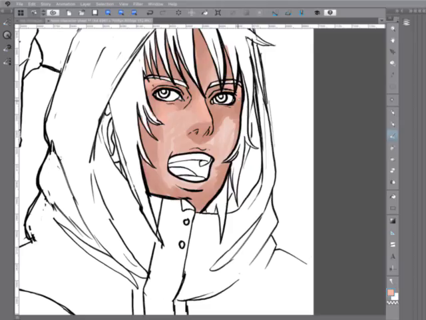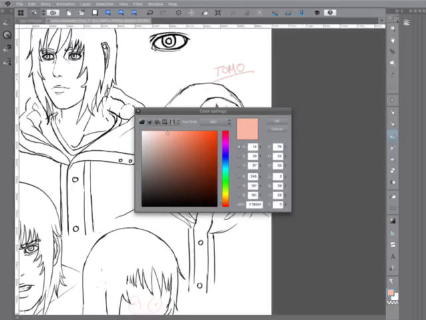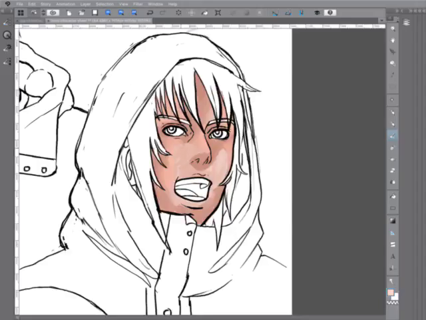In my opinion, it's one of the best drawing and painting applications you can use on a mobile device. I don't want that there.